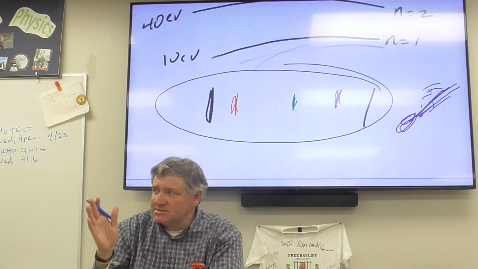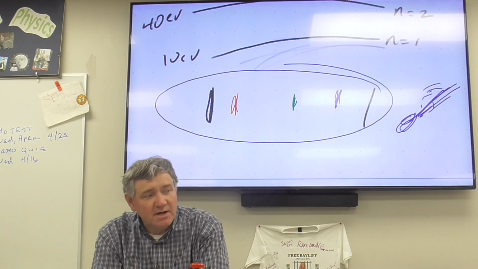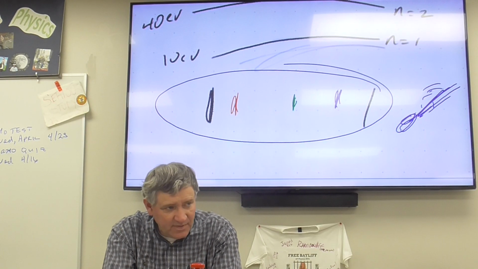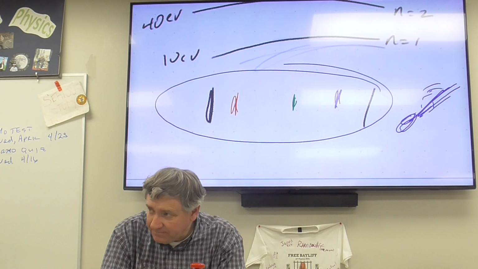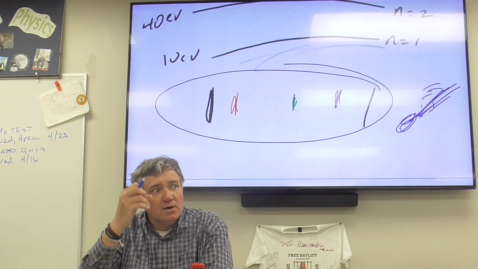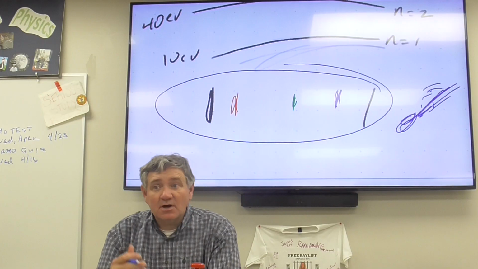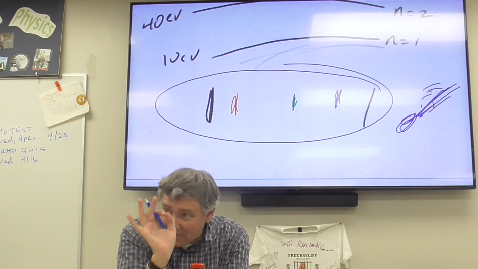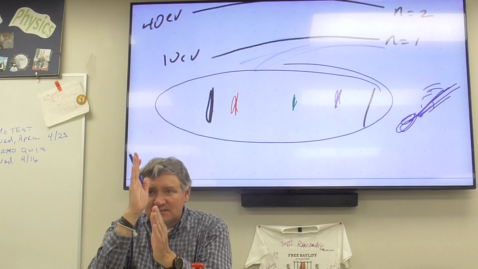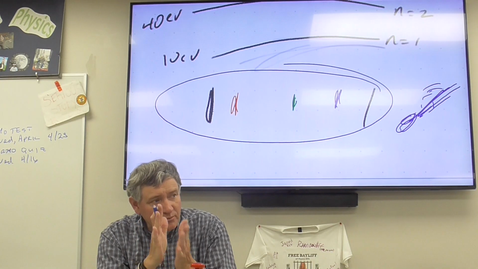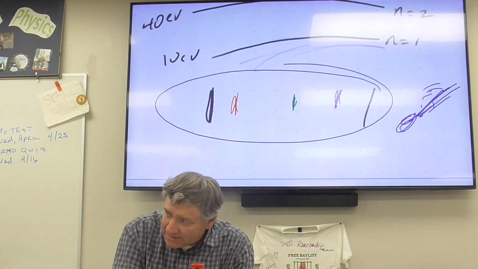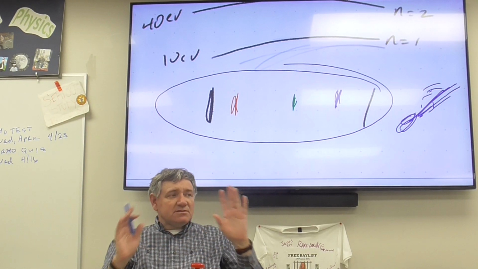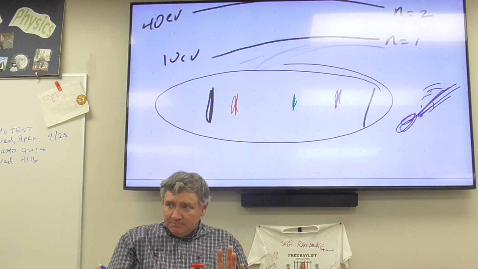You get each element with a unique spectrum. So it's like a fingerprint. The only way that you can have these distinct bands of light is if they exist with distinct amounts of energy. Because these aren't blurry lines, these are bright line spectrums. These are very, very distinct bands of light. And the only way you can have very, very distinct bands of light is if they have very distinct amounts of energy.